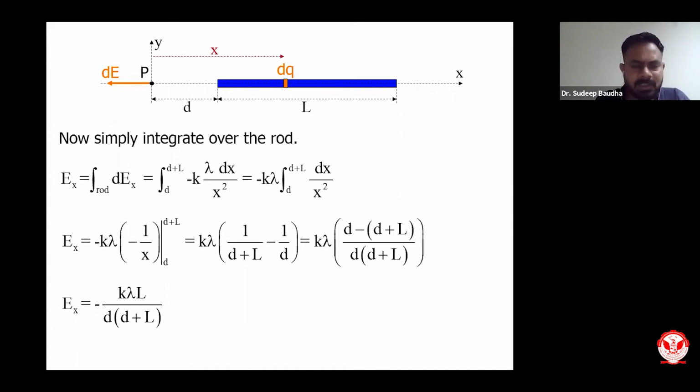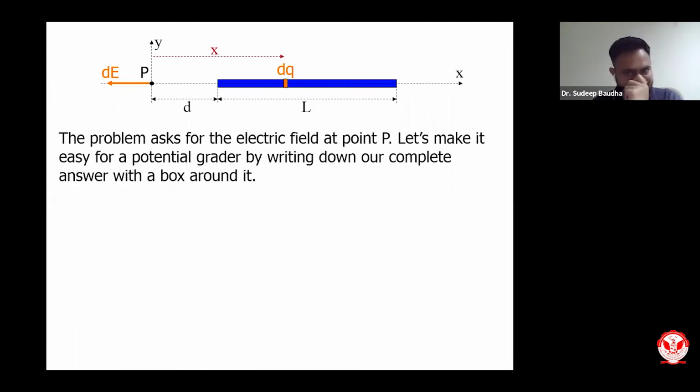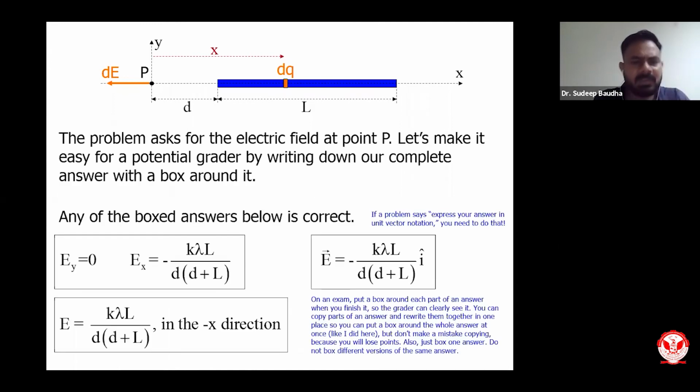So now the question arises, you have seen two electric fields. You can write it in any form. You can write in this form also, x component, y component, or this hat form, or you can write in the form of direction. Since it is in the negative direction, you can simply write it is in the negative x direction, right? And you can write in terms of x component and y component. You can write in terms of hat also, i hat, because it is having only an x component.